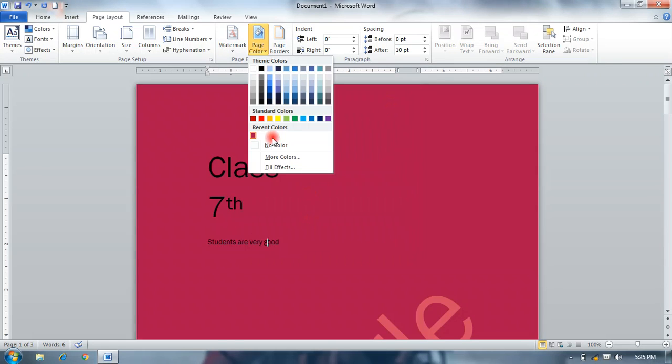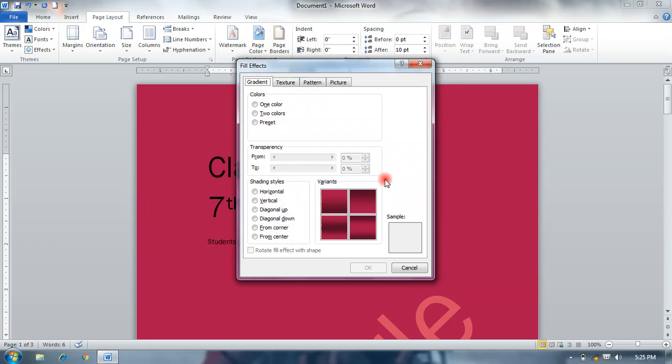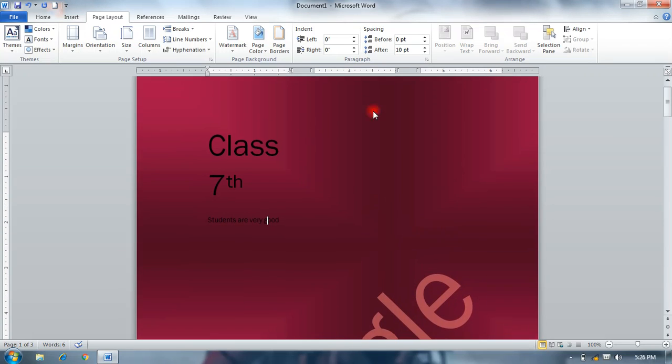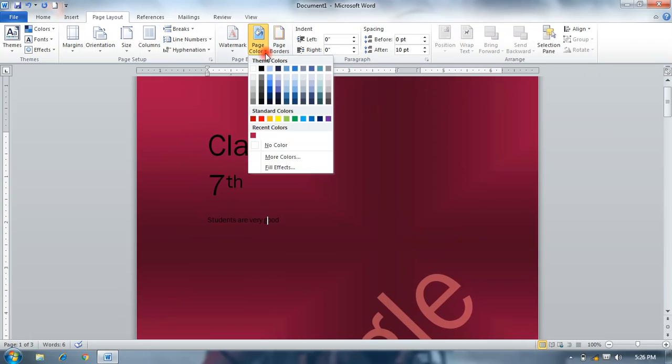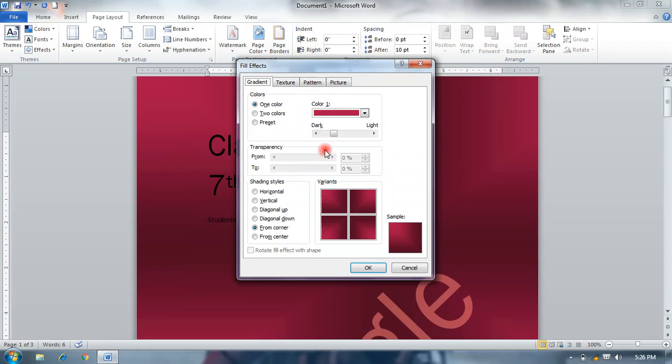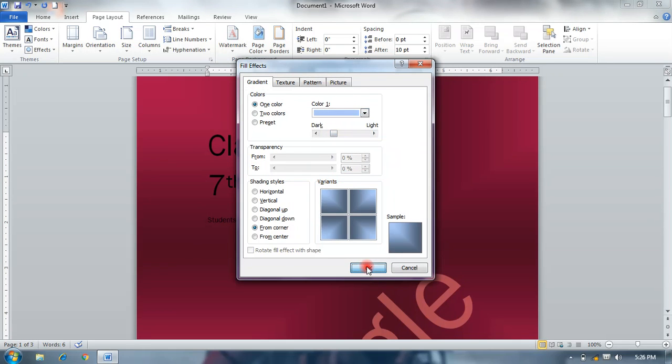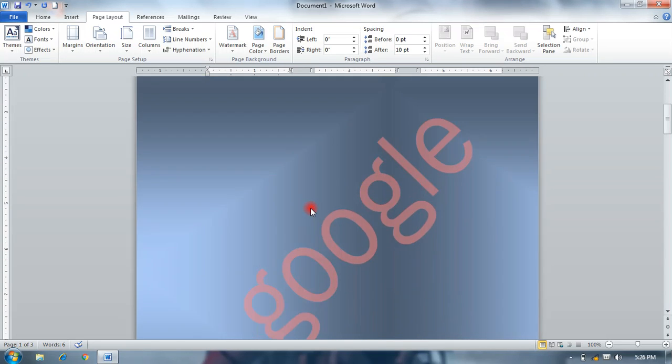And fill effects, so you can select from this for the corner, okay. So some effects are available, okay. And again we change, okay, like that.